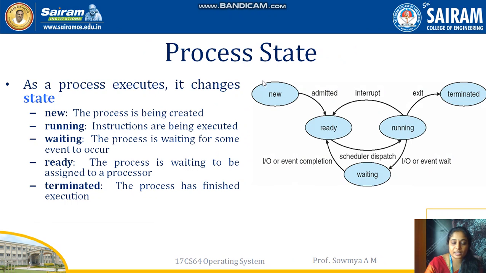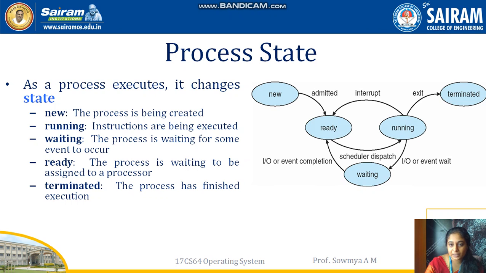Next one is process states. So every process which has been created has to go through 5 states of processing. Whenever a process is created, it will be in the new state. Once it is created, it will be sent to the ready state, or admitted to ready state. This ready state will have all the processes which are created and ready for execution. Once a process gets CPU time, then it is moved to running. When a process is under CPU, we call it running state.